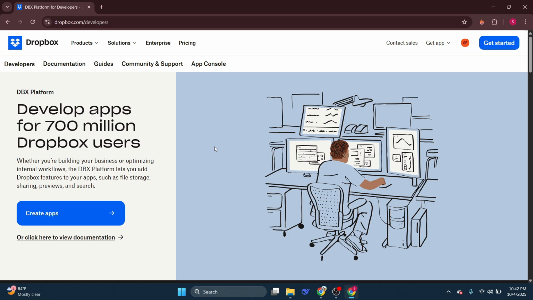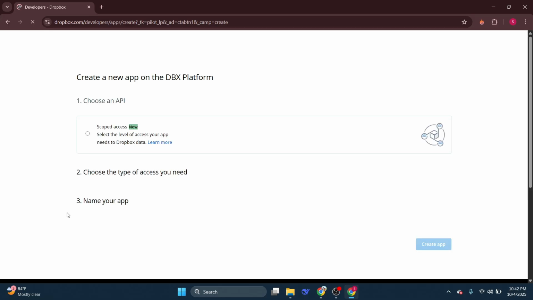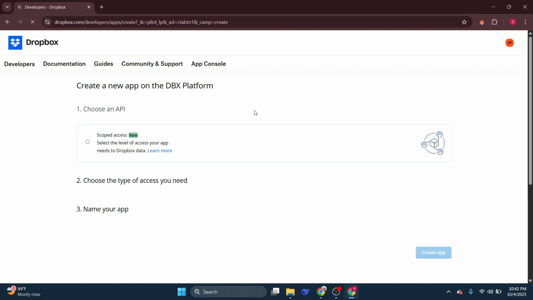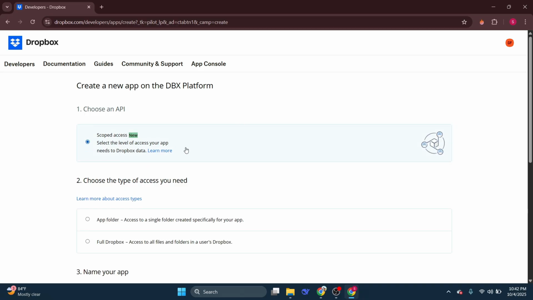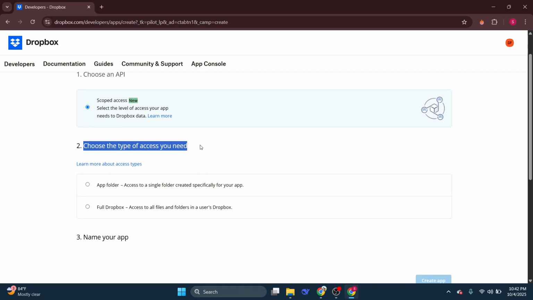Now, click on Create App, which will redirect you to the app creation page. This app will hold permissions and credentials such as the API key you need. On the app creation page, choose Scoped Access. Dropbox offers two access models, Scoped and Legacy. Scoped Access is the newer and more secure one, allowing you to control what your app can and cannot do